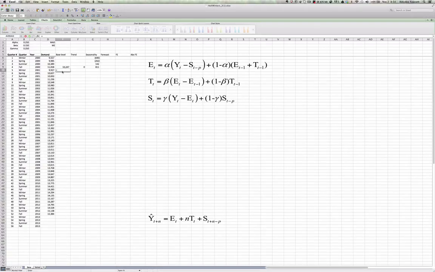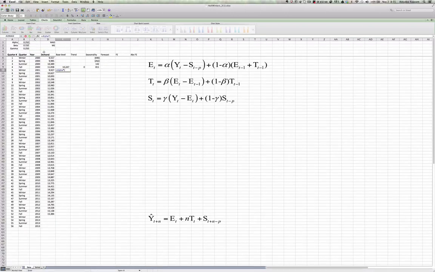And remember, to do that, we first need to define our weighting factors alpha, beta, and gamma. I'll just pick some arbitrary values here for now, 0.25, 0.15, and 0.25. So with that being done, let me go ahead and start out by taking a look at the base level, which is alpha times